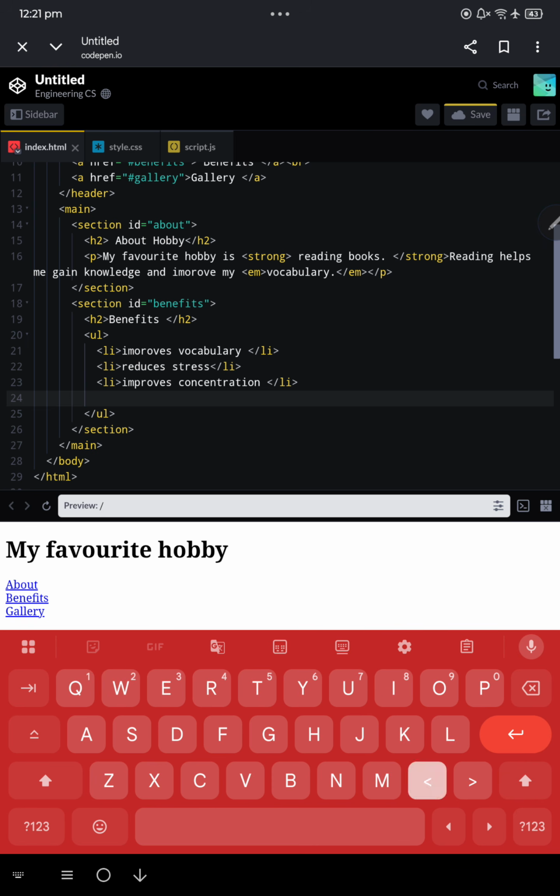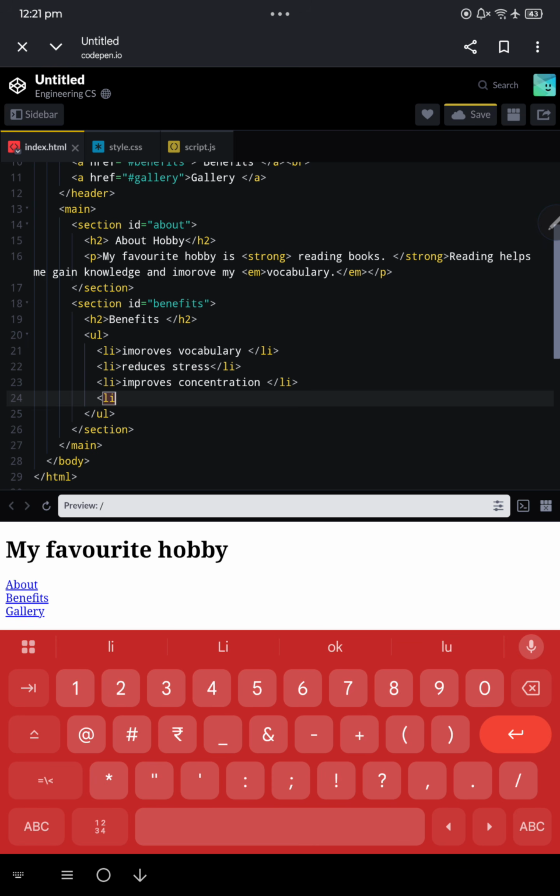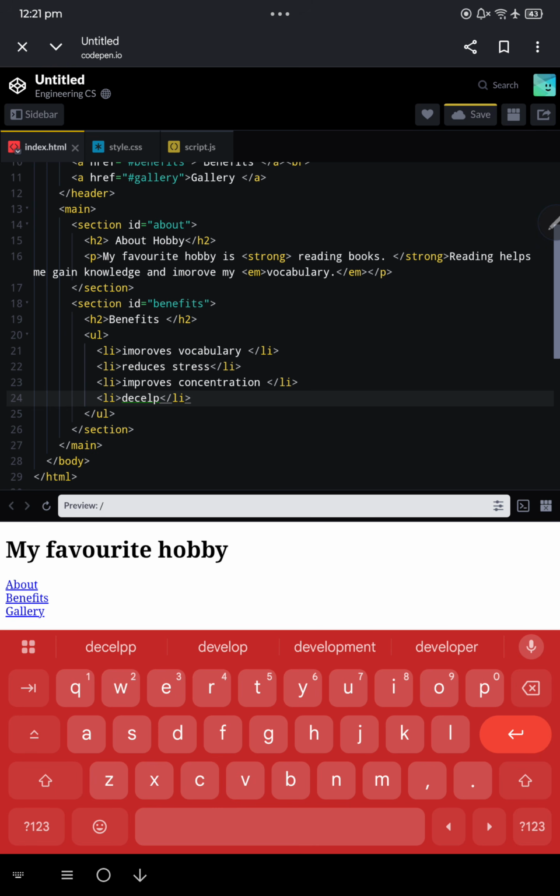One more, I'll add one more, develops imagination. Okay, this is the benefits part, and I'll close this